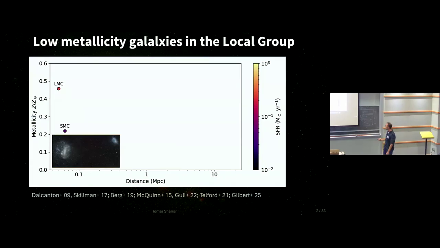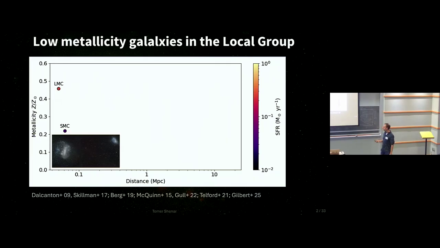Okay, so the galaxies that we're talking about are typically dwarf galaxies because they have these shallow gravitational potentials. They don't really retain a lot of metals, and they can help us trace conditions of lower metallicities. Probably the most famous examples for such dwarf galaxies are the large and small Magellanic Clouds. These are very nearby galaxies. You see it here on the x-axis, the distance. Metallicity is plotted on the y-axis. So the LMC is about 50% solar. It's not really that low. The SMC is already reaching 20% solar, so taking us closer, but not quite, to the conditions of the early